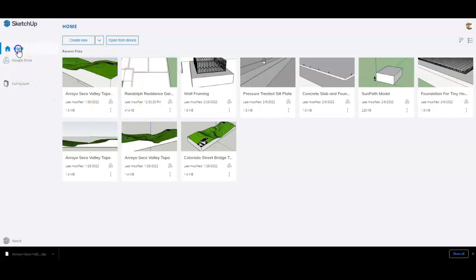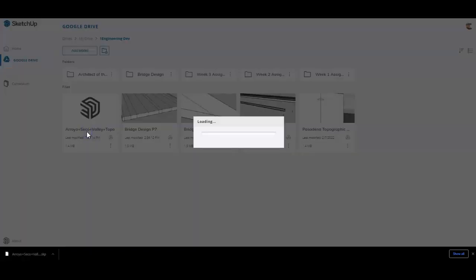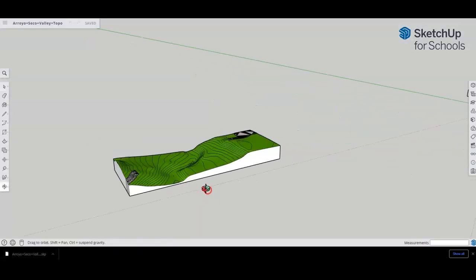So you can go to your Google Drive right here and go ahead and open up the file that we just dropped into the engineering folder. Okay, now that this is opened up,